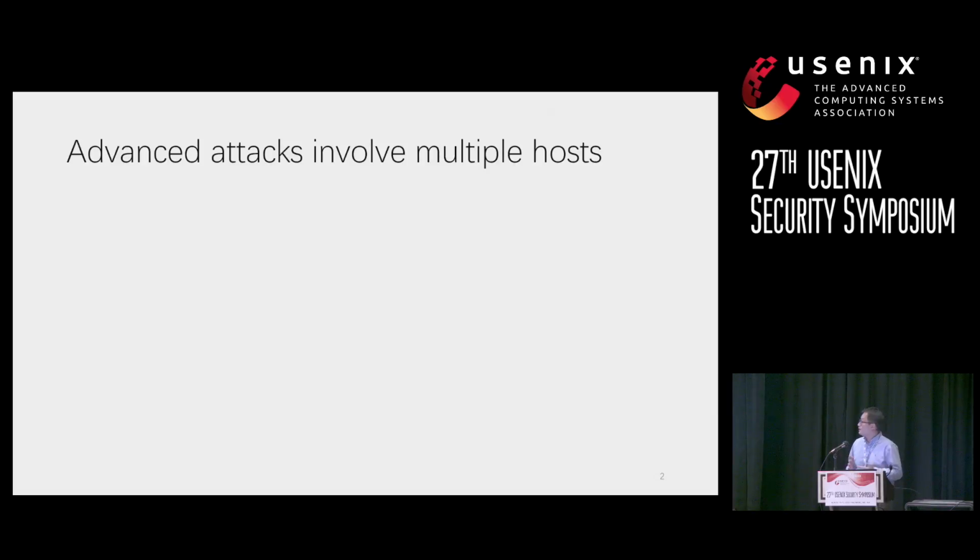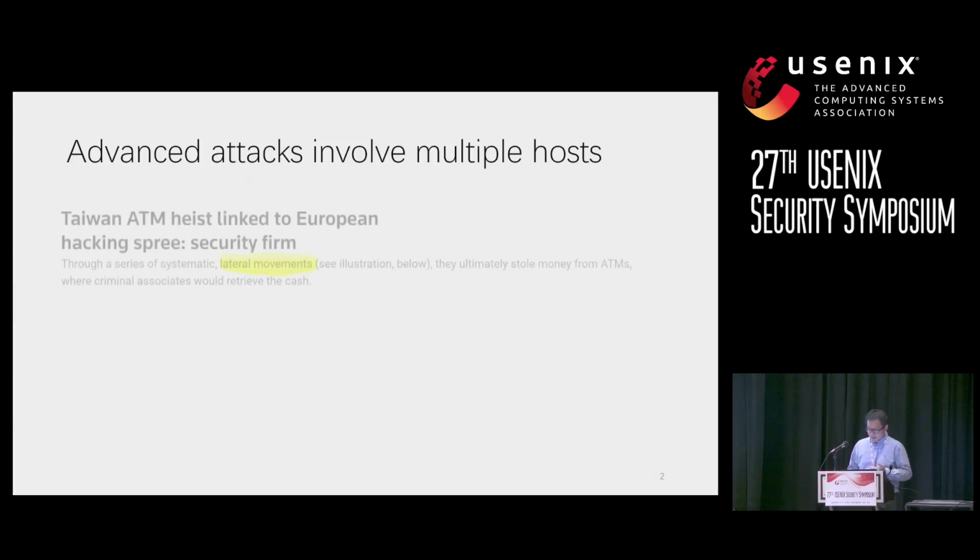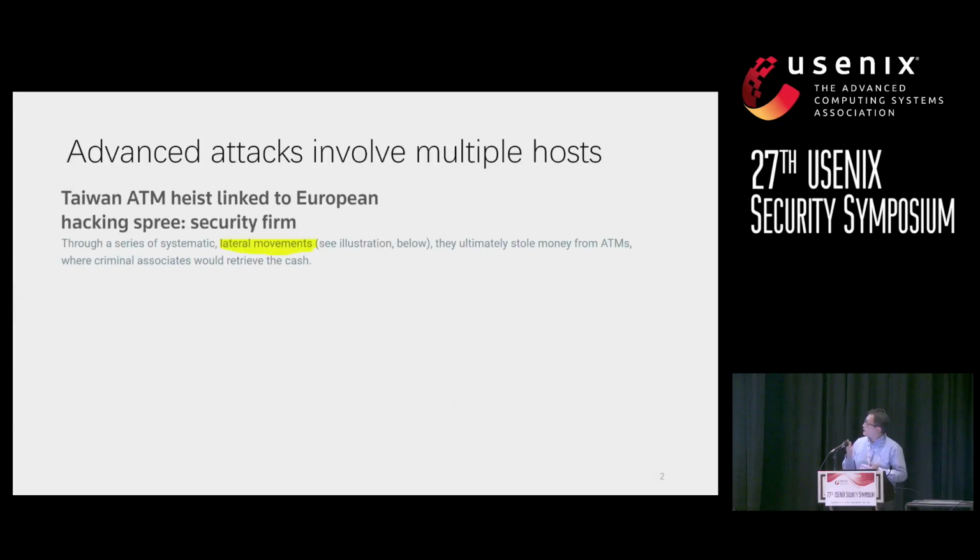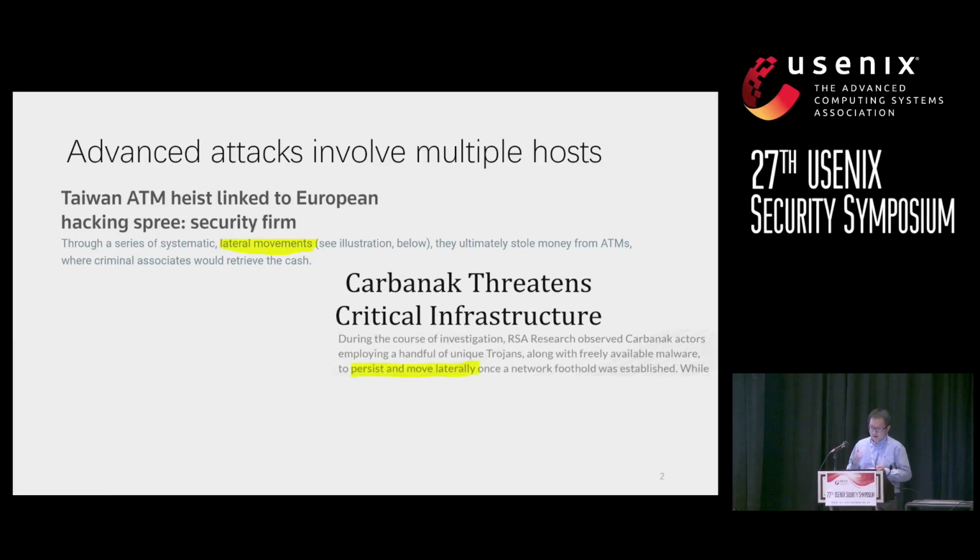Nowadays, there are more and more attacks that involve multiple hosts. For example, in 2015, the Taiwan First Bank suffered from an attack that stole money from their ATM machines, which involved lateral movement of multiple hosts. And also in the Kubernetes threats, attackers used persistent and lateral movements also to infiltrate the